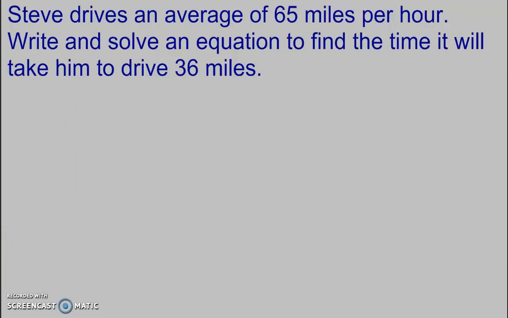Okay. Here we have a distance problem. Steve drives an average of 65 miles per hour. Write and solve an equation to find the time it will take him to drive 36 miles. So the distance equals rate times time. So if we want to drive 36 miles, we have 36 is equal to, the rate is 65 miles per hour,